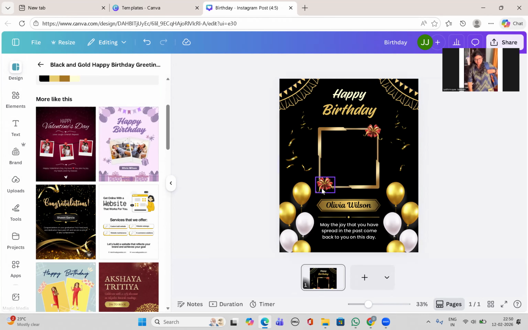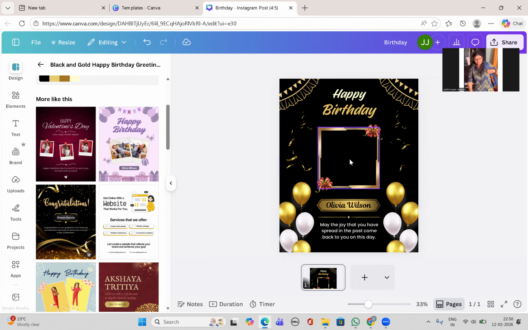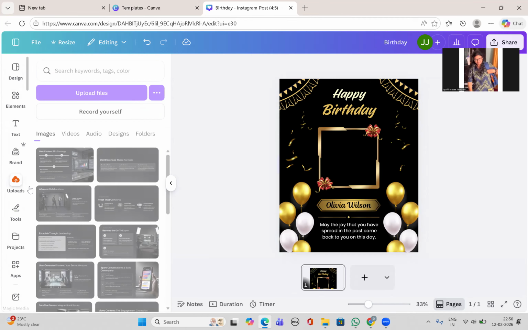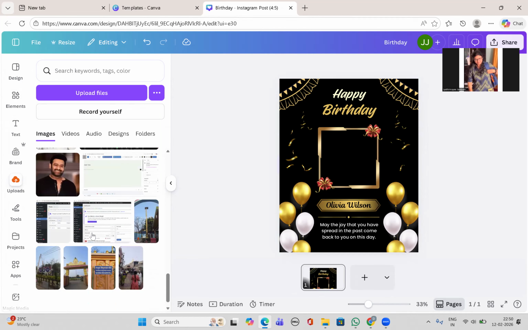Yeah. So here I have deleted this photo because it is someone else's photo and I want to create a birthday card of one celebrity. Let's see whose birthday is in this month. Some celebrity. Some Prabhas. We already created one greeting card for Prabhas. Let's create one greeting card for hero actor Prabhas, right? So I'm going to delete that one. I have already uploaded his photo because in one of the classes I created a birthday greeting card for Prabhas. So let's create that card.